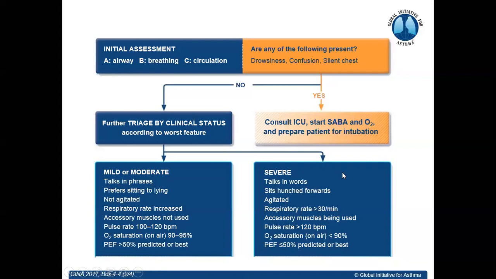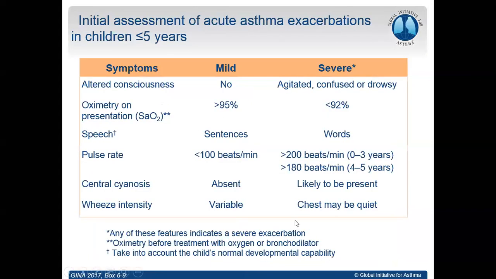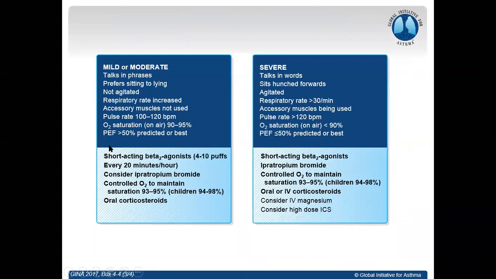Simple: they are able to talk in words, they're able to talk in sentences, they're able to maintain saturation. And severe, they are not able to maintain saturation, they're using their accessory muscles, there is tachypnea, so that is severe exacerbation. Okay, and what is the immediate thing we should do is